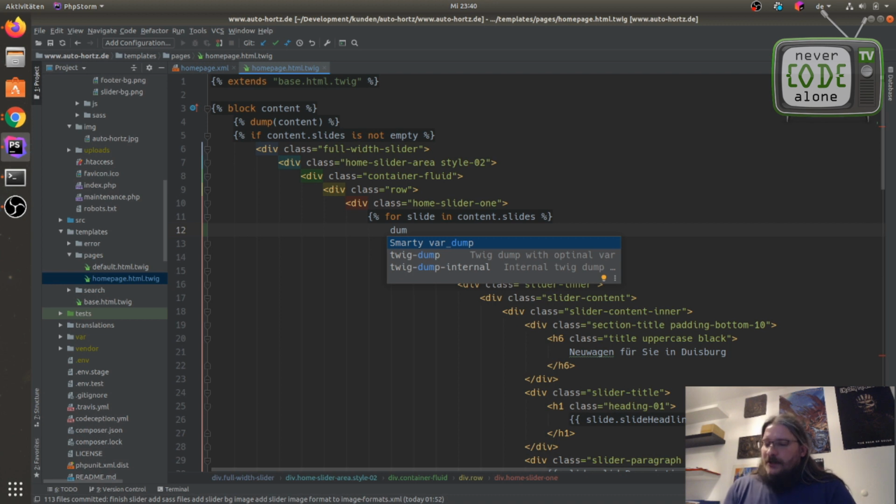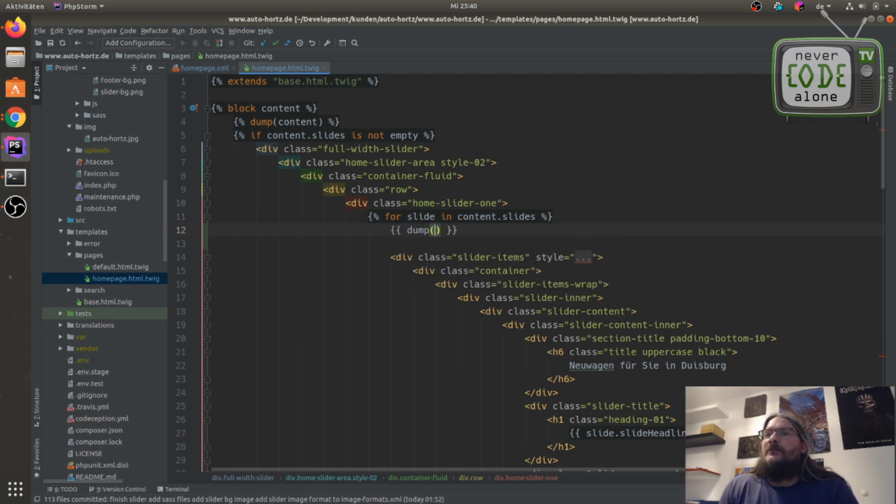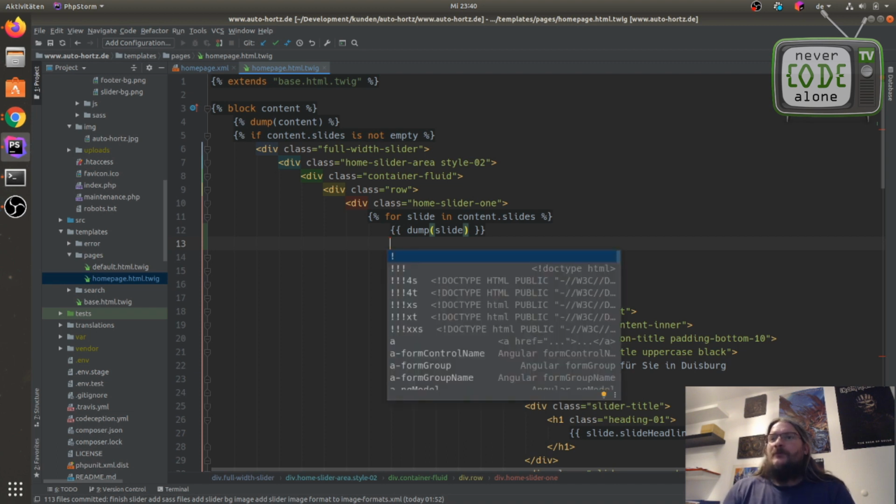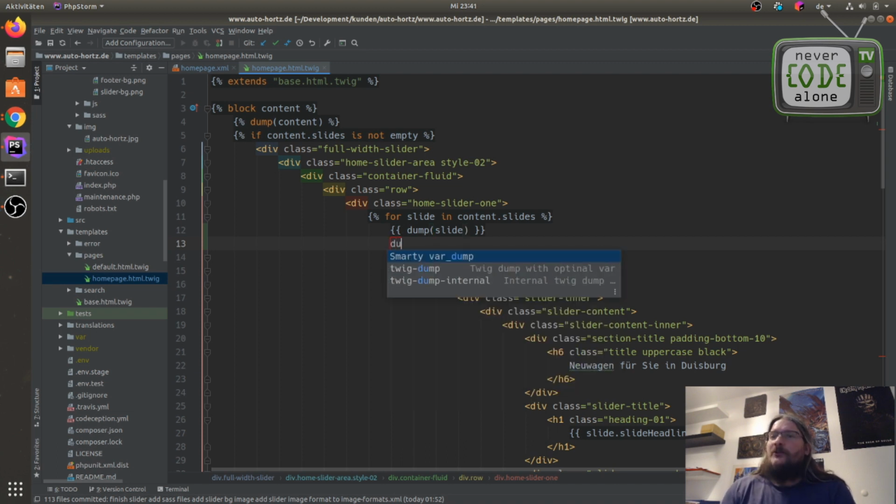And there are 2 kinds of dumps in Twig. The first is a normal dump, what is inline in the front end. So I just can say here, give me slide. And the other is the internal dump.